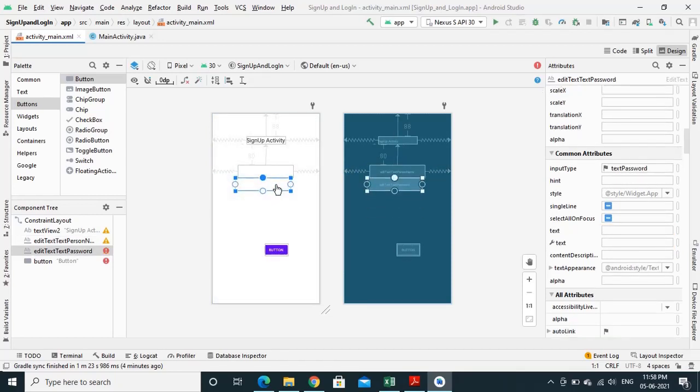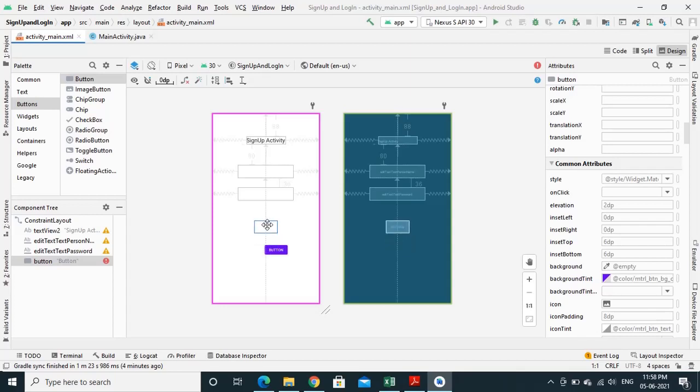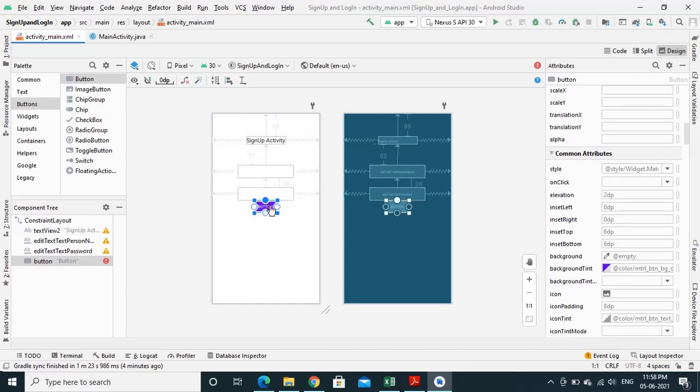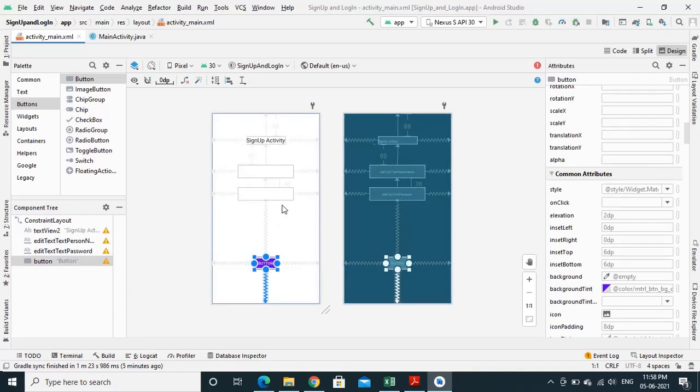Attach this to the top and also provide left and right constraint, and also give the constraint for the button. Okay, so this simple sign up page design is ready.